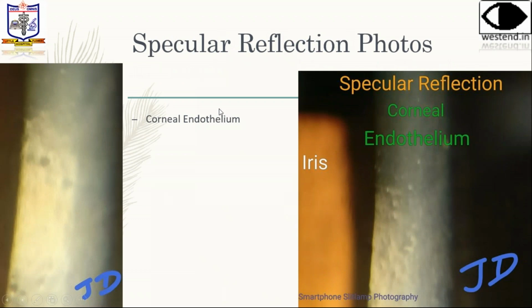And specular reflection photographs can also be taken with a smartphone. So this is how it was taken. You need to make a slit. You need to change it to the area of maximum reflection, that is, change it to 60 degrees on both sides, on the illuminating arm as well as the viewing arm. Focus on the area of maximum reflection and then adjust the brightness, touch to focus, adjust the brightness in maximum magnification till you can see the structure. So in my smartphone, it was just barely visible.